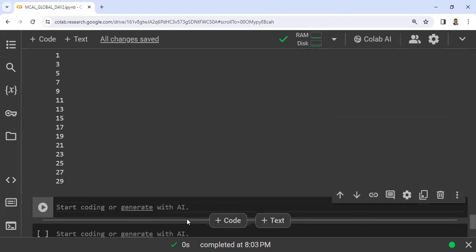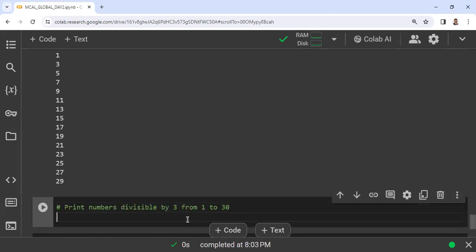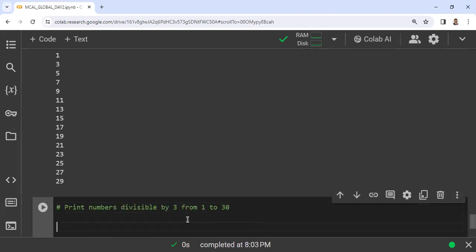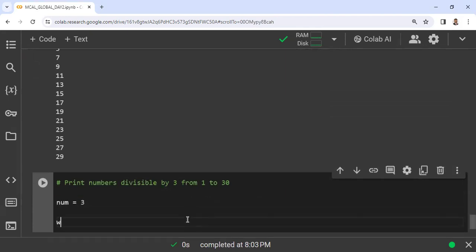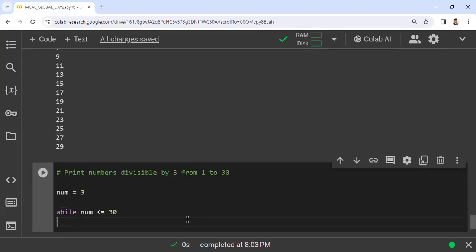I need a list of numbers which are divisible by 3. So num is equal to 3, and what I have to do is say while num is less than equal to 30, and the next one is